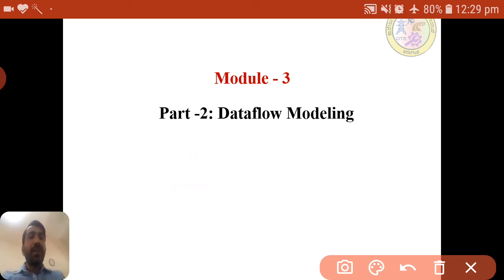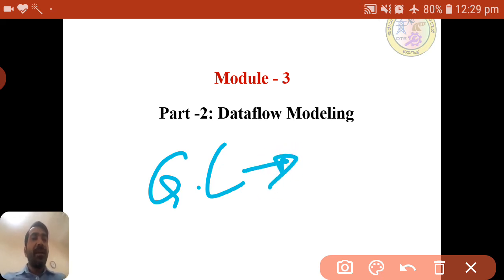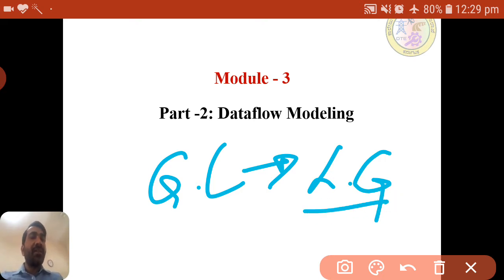After that, what we have seen till now is gate level modeling. Gate level modeling will be used when the input design is in terms of logic gates, that is, a logic circuit which consists of logic gates. If we are representing the design in terms of gates, then we can directly use gate level modeling.